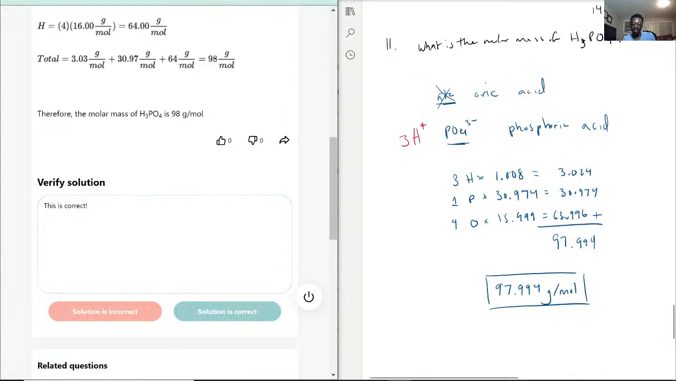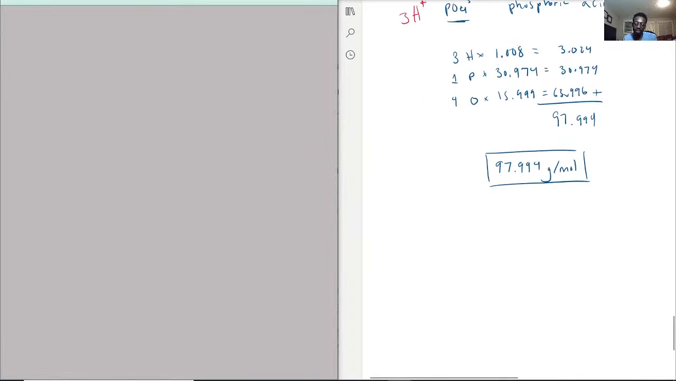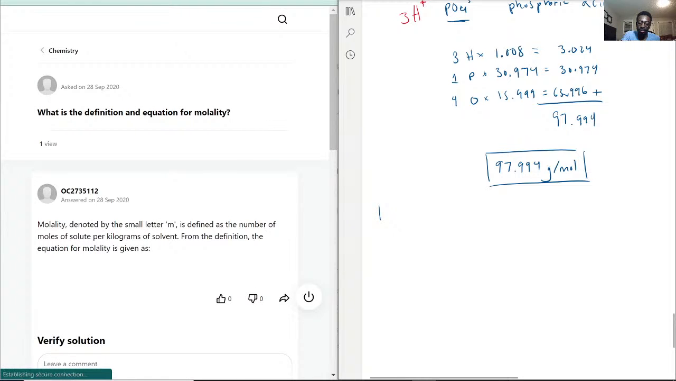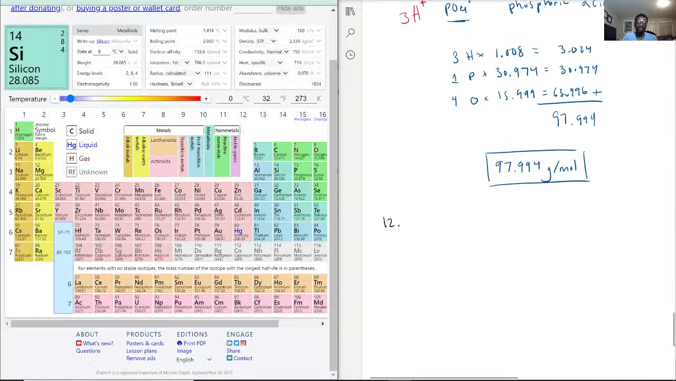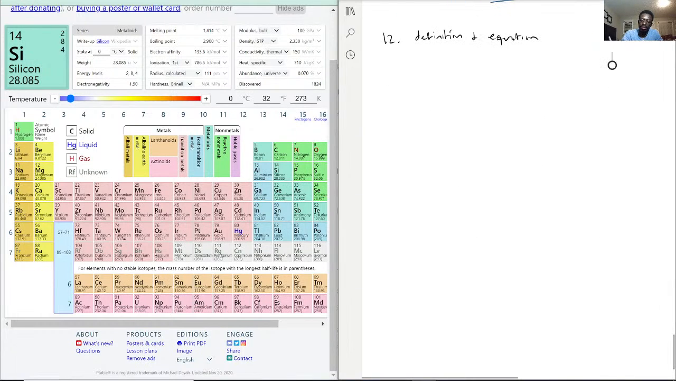So that is correct. Let's go on to question 12. Okay, what is the definition and equation for molality? So maybe you already saw the answer before I can switch it over. So, definition and equation of molality. Okay, so